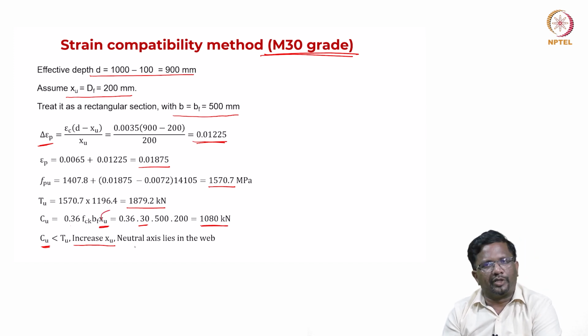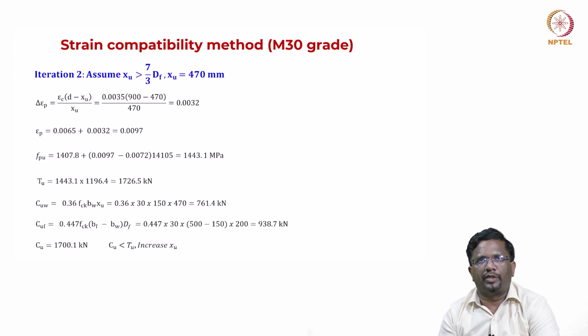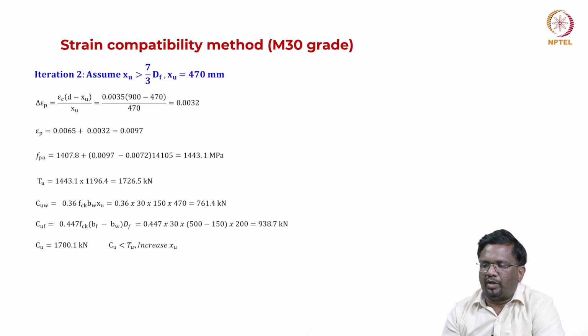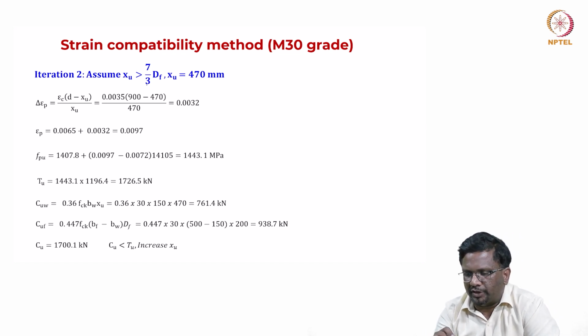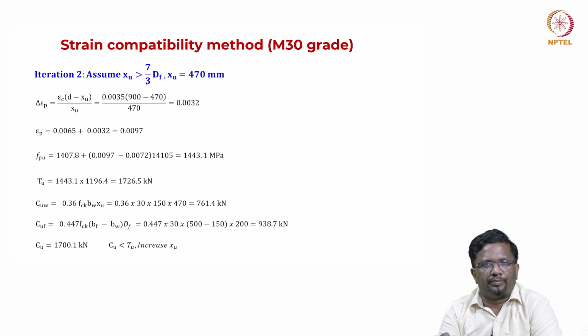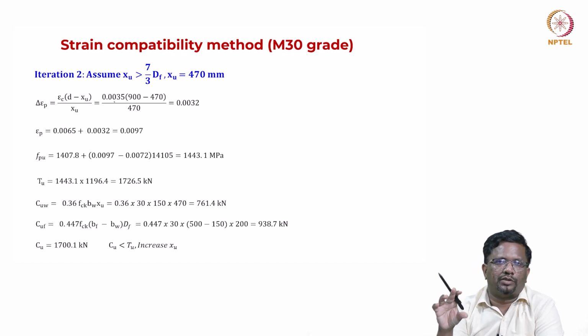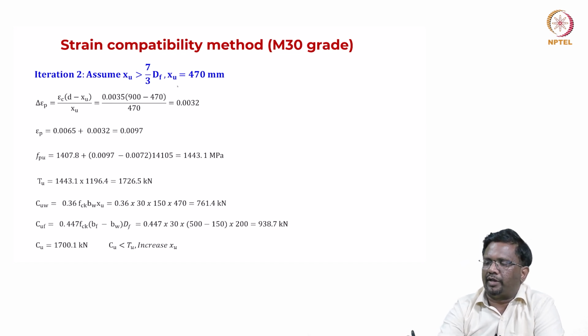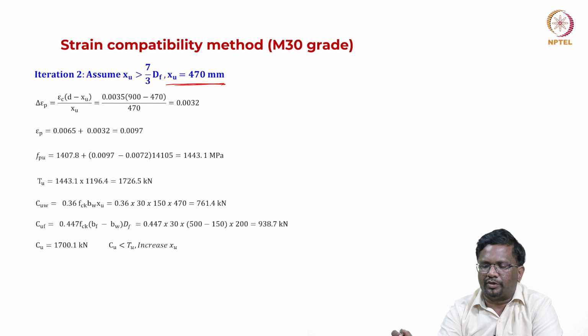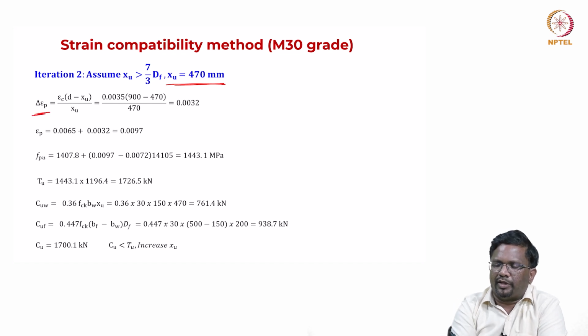So, the moment you increase your XU, now the neutral axis will be lying within the flange. So, now how do we do that? Okay. So, now let us assume XU to be greater than 7/3 of DF, okay, right. So, basically what we are saying is DF is going to be lesser than 3/7 of your XU. So, that means you will have a constant block of 0.447 in the flange region, right. So, we are taking XU equal to 470 millimeter for this,